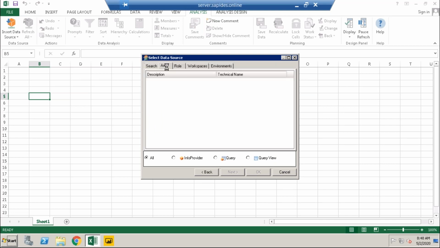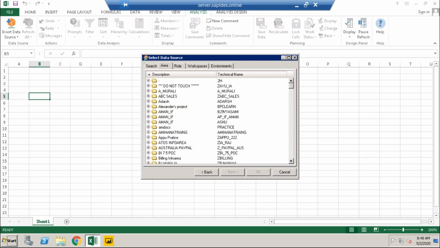Here I can check some folders. So I'll select some file.